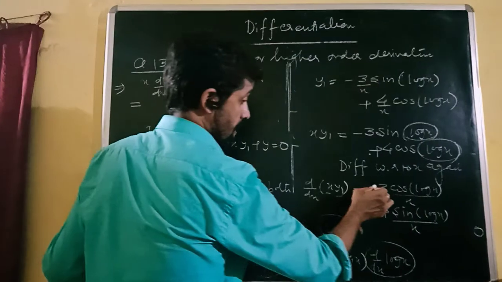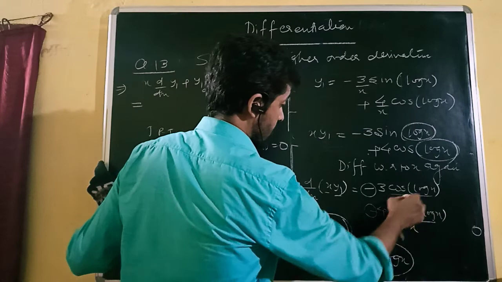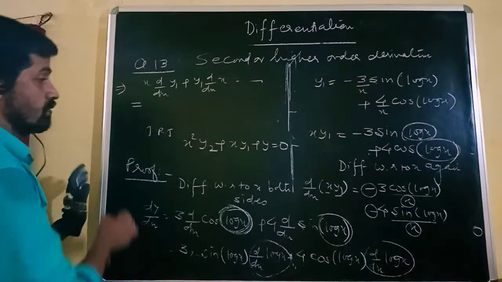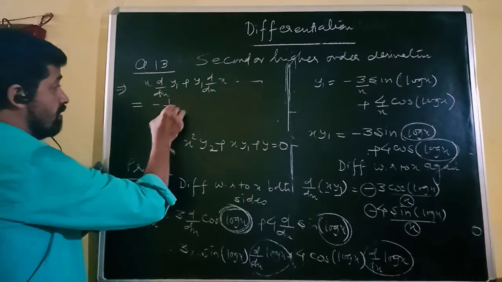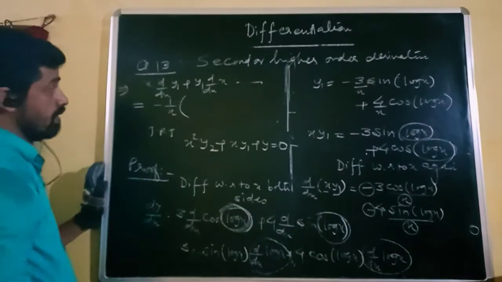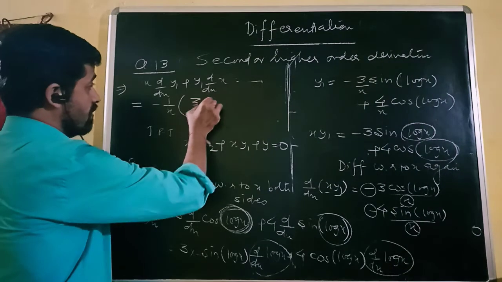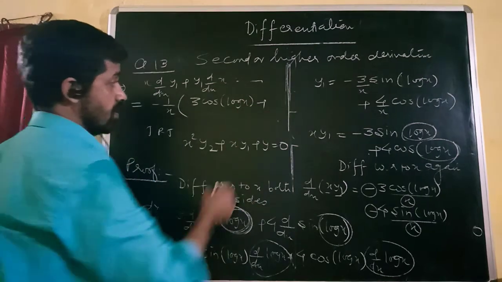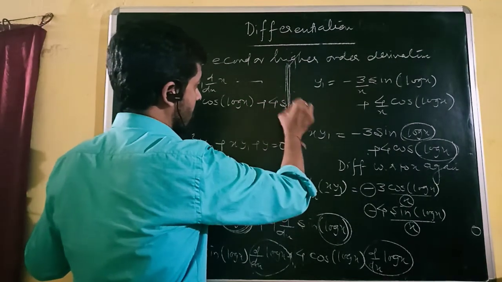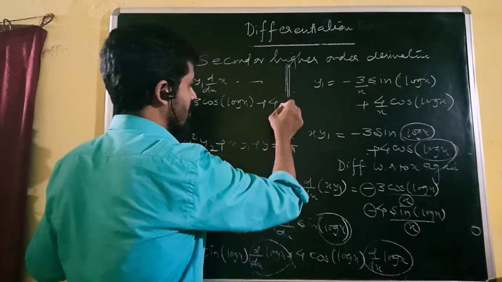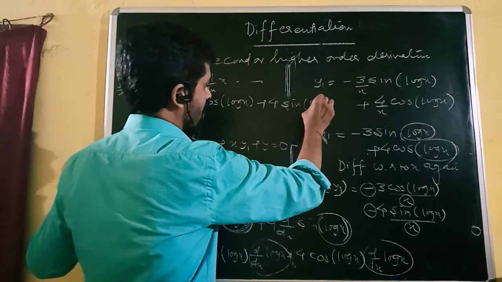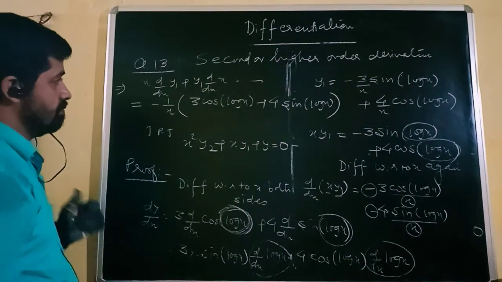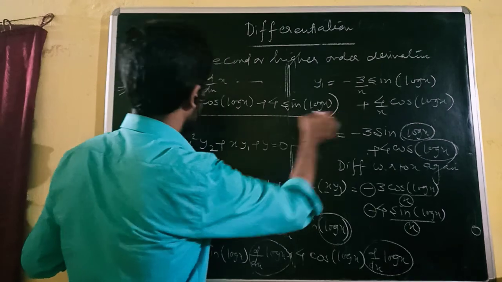See, minus will be common, x will also be common, and let us see the leftover part. So we get minus 1 upon x here, and then we are left with 3 cos log of x plus 4 sin log of x, and I have rubbed it, but